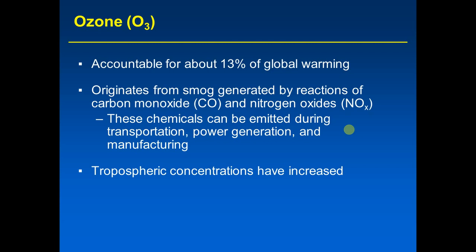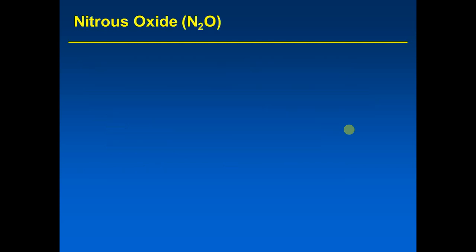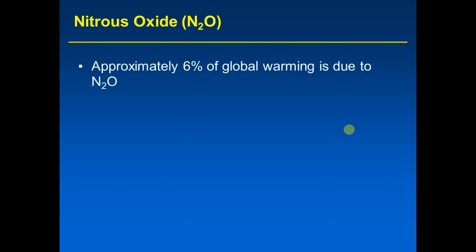Finally, let's take a look at nitrous oxide, N2O. About 6% of global warming is due to N2O. Okay, not a whole lot, but it's still responsible for a fraction. And if you add up the contributions of these four greenhouse gases, carbon dioxide, methane, ozone, nitrous oxide, you see